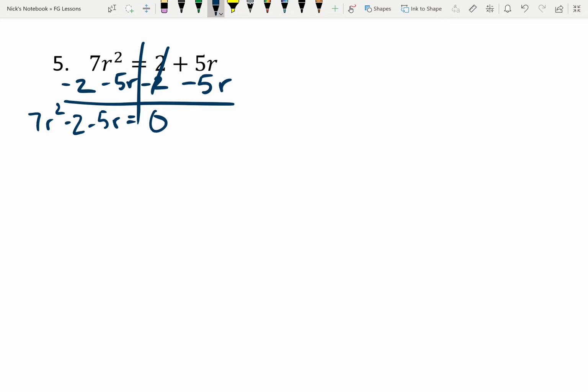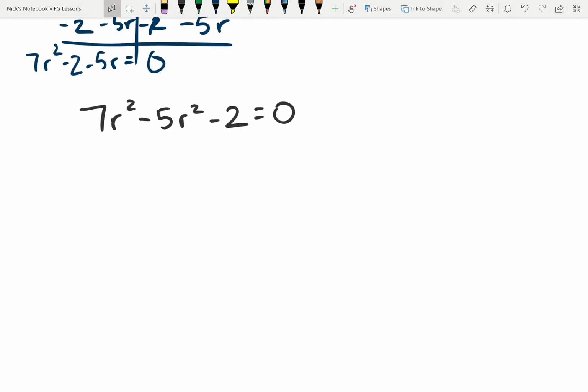What we're going to do now is just write it in standard form. So standard form just means rearranging so that the term with the highest degree is first, ending with minus 2 equals 0. Okay, so now let's go to factoring. This is hopefully by now a little bit more comfortable. What we do is label A, B, C,